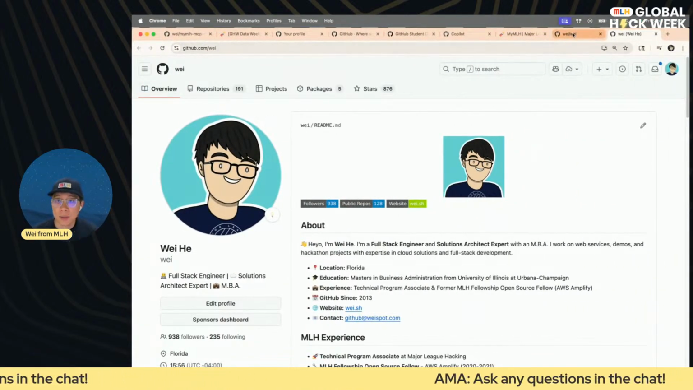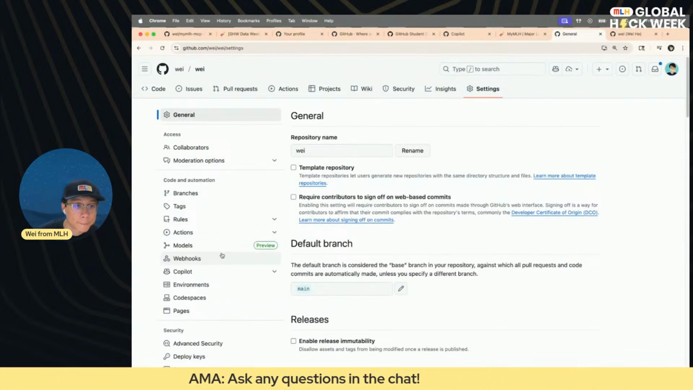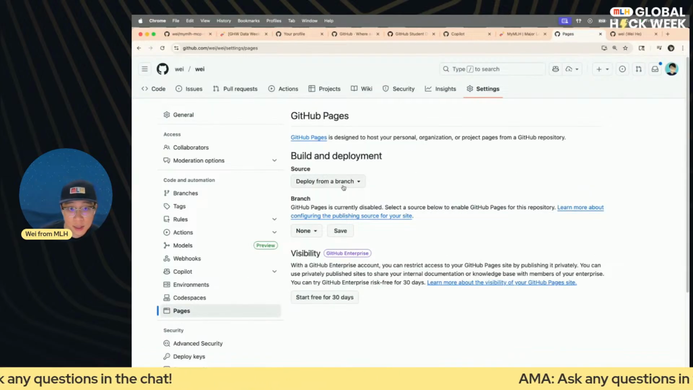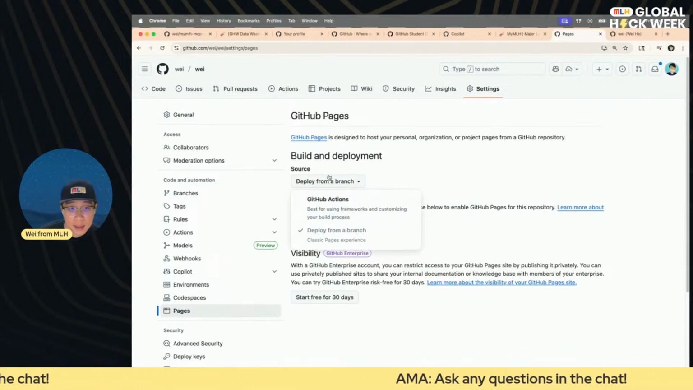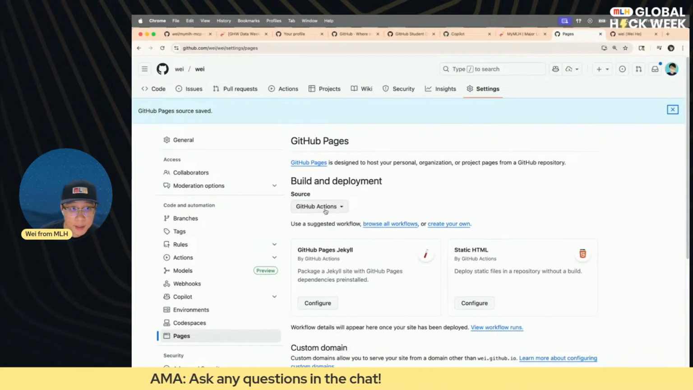And the last thing I want to show you real quick, kind of just squeezing a little bit, is I want to enable GitHub Pages. This is literally like 2 clicks. I can click GitHub Pages, deploy from GitHub Actions,